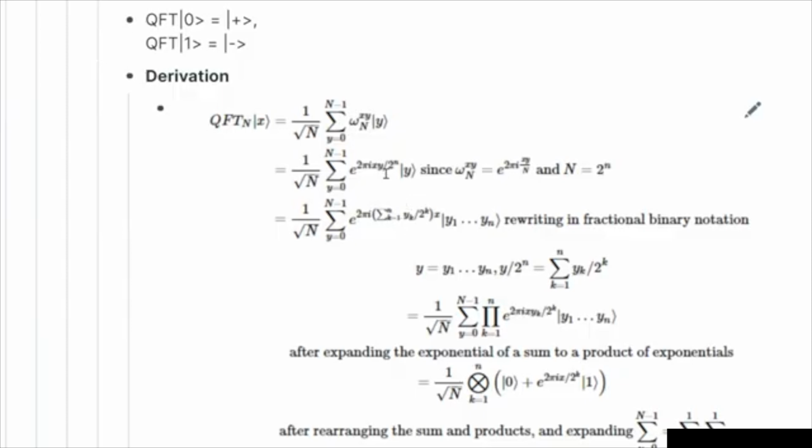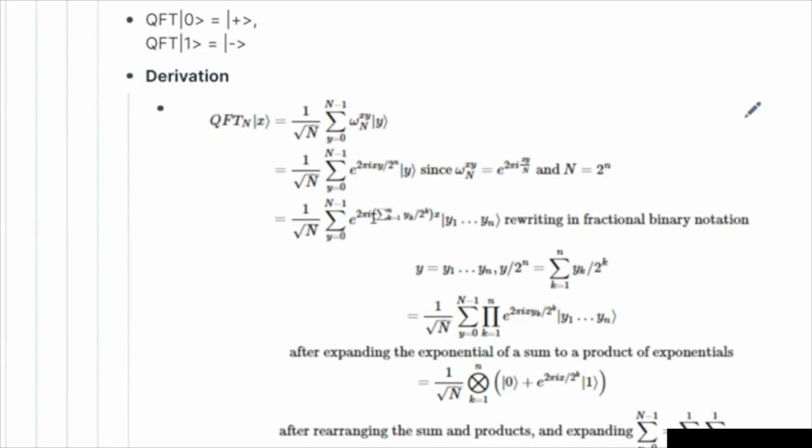like this is basically because we already had it divided by 2 power n, right? So that's what this is. And the state is also expanded in this form, where y is just a collection of y1 to yn, right? So this is just again the expansion of the definition.